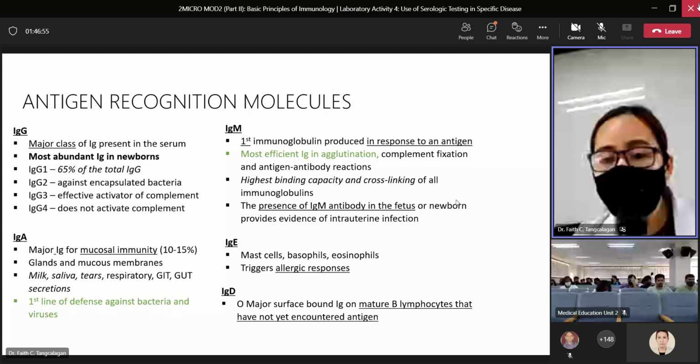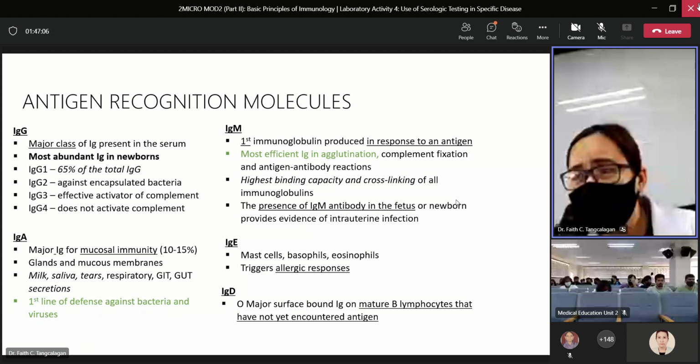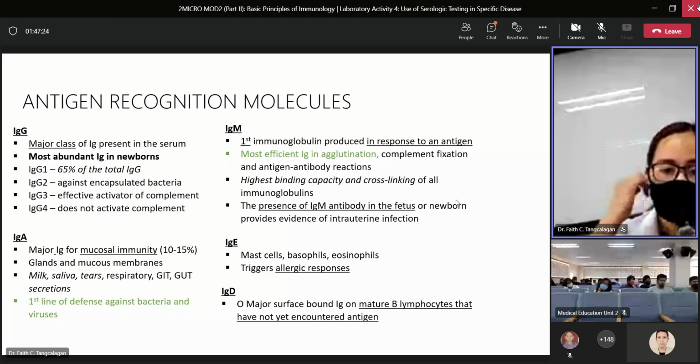So it means today you are actually having an active dengue fever. If your IgM is already non-reactive, but your IgG is reactive, it means it's a recent or past infection. So probably in the past you had that dengue fever before. Okay, so that's the difference. That's why we need to get both the IgG and the IgM.